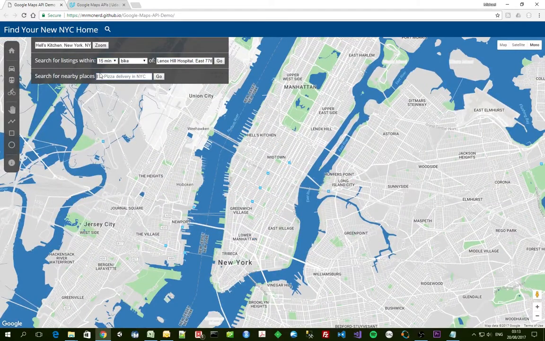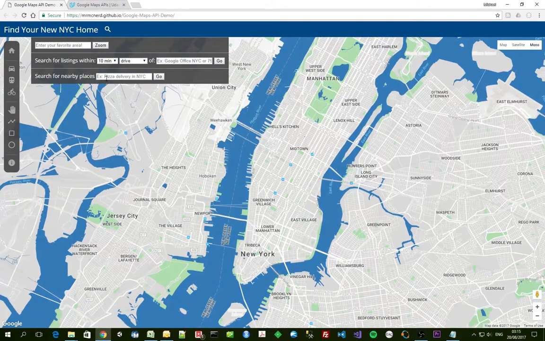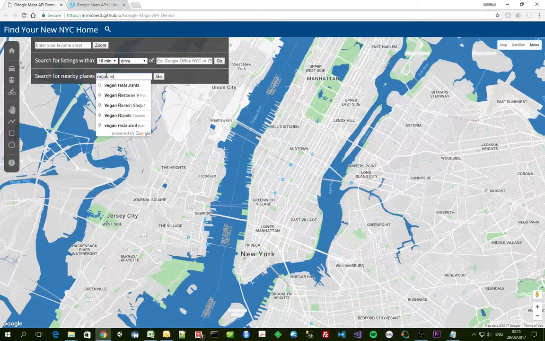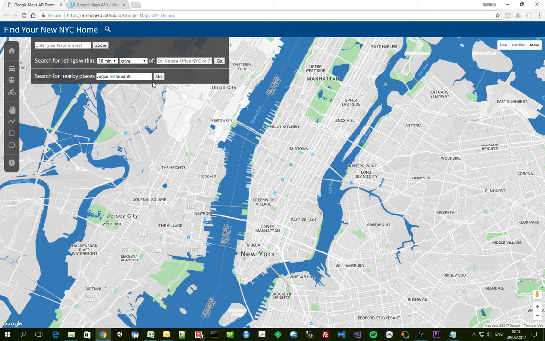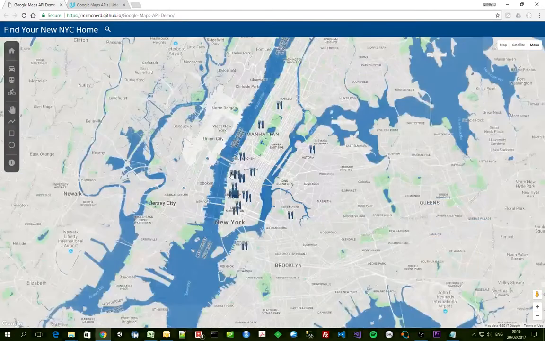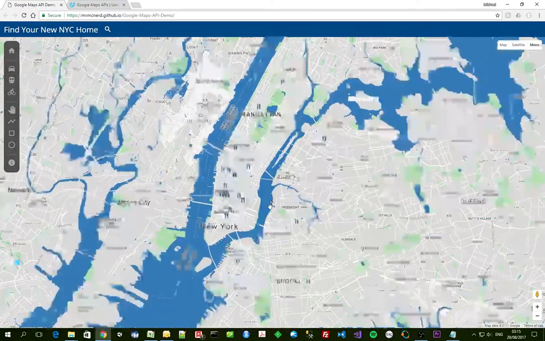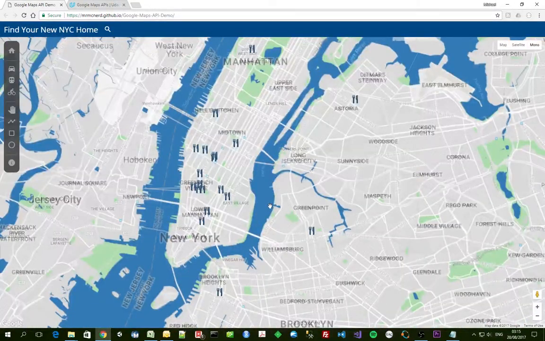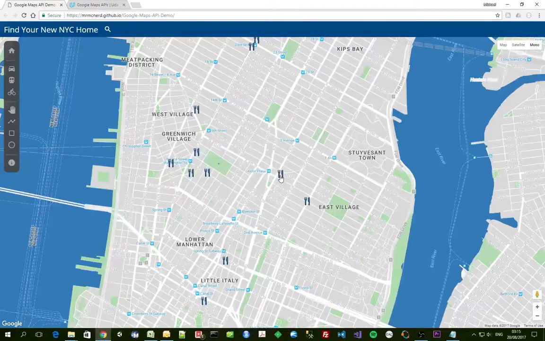Now, the next thing we're going to do is search for nearby places, and this also looks at a few other options that Google Maps provides you through its API. Now we can search for, let's say, vegan restaurants. Whoops, restaurants. Oh, we get them all over, but hey, look, we're here in Manhattan, and this is where we're going to stay. And look, we can